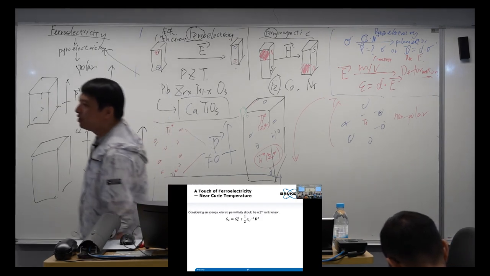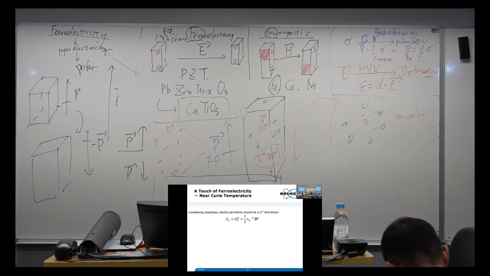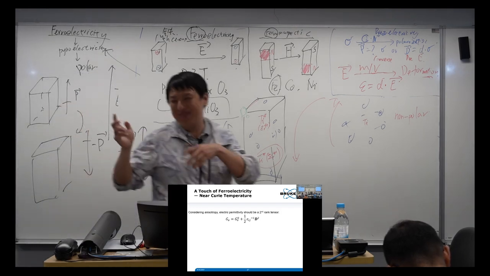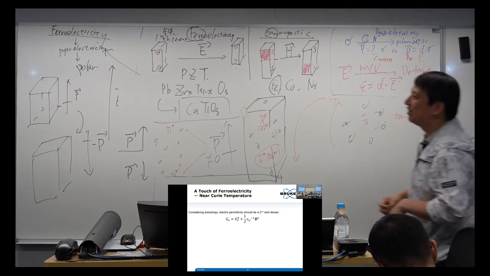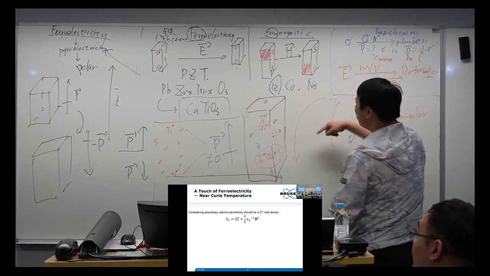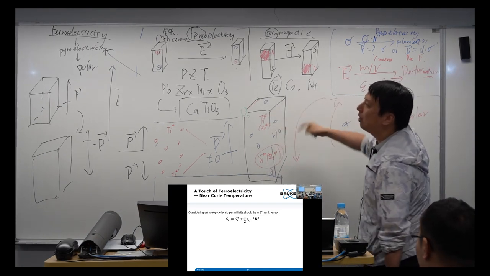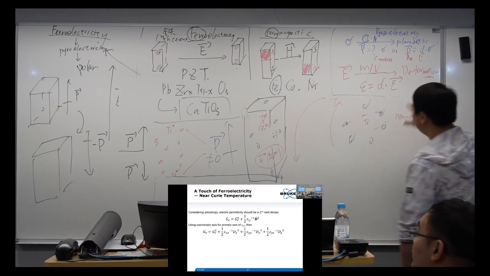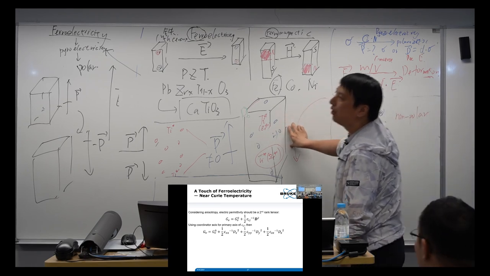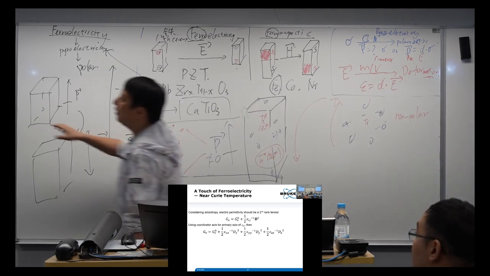This Curie temperature is not Madame Curie, it's Sir Curie, okay? It's her husband, okay? When we reduce the temperature beneath the Curie temperature, we should transfer from this nonpolar to polar. So we consider